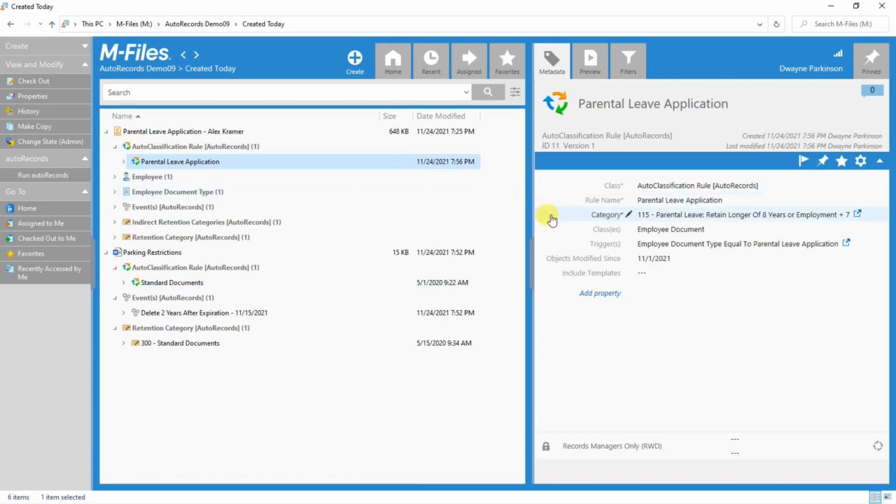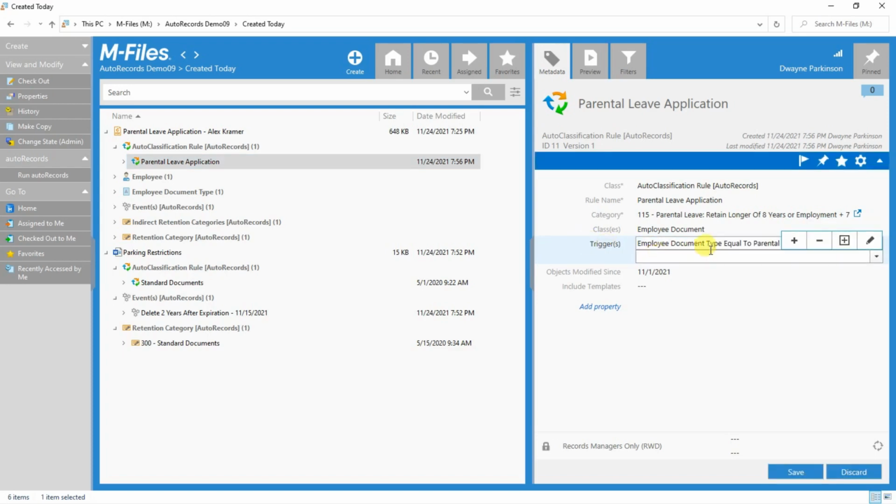When we expand the relationships to our document and look at the auto classification rule, we see that the rule applies retention category 115 to employee documents. Additionally, it will only apply to documents that meet the criteria specified in the trigger. So only employee documents that have an employee document type equal to parental leave application will be assigned to retention category 115. We can also specify multiple trigger criteria using any metadata on the system and get some very precise